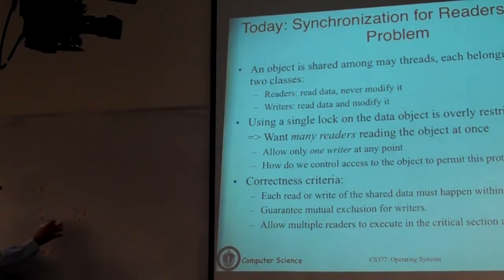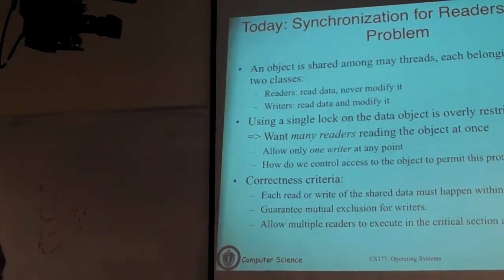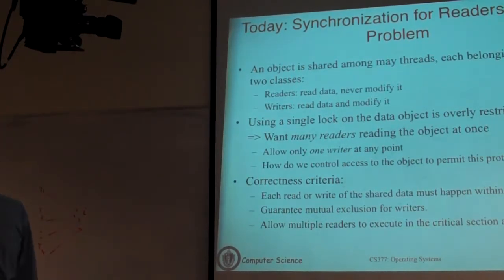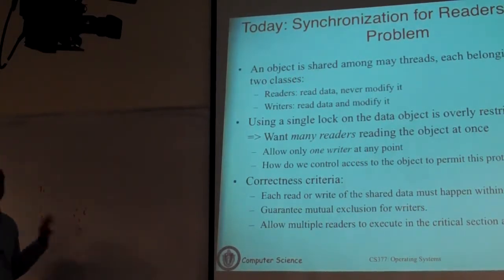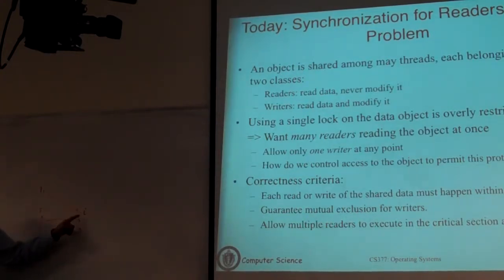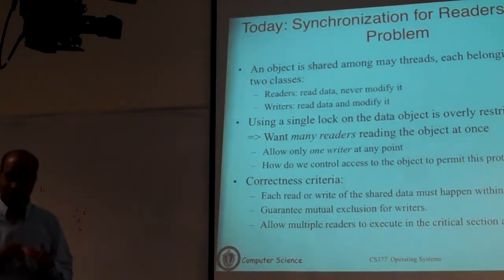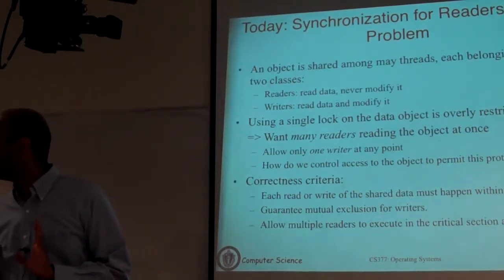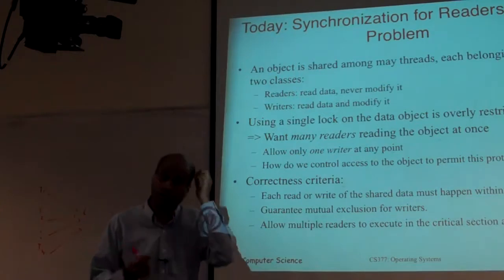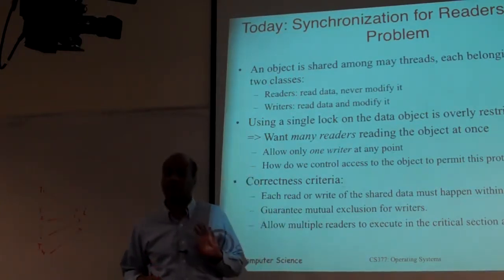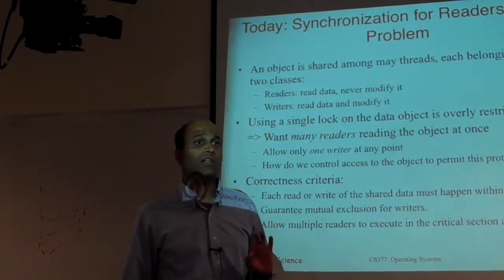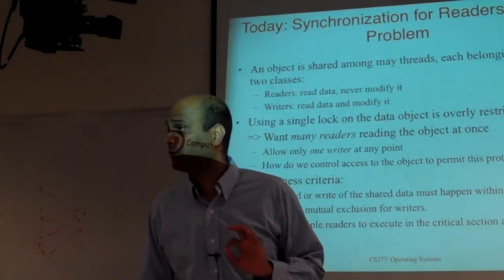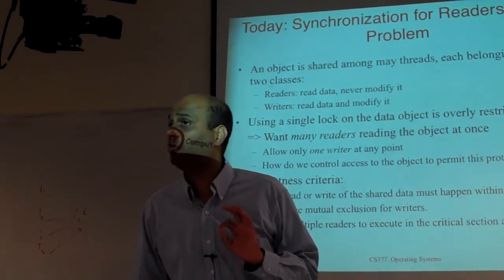So anytime any of these threads access it, you grab a lock, then you do whatever operation you want to do on this variable, read it, modify it, whatever you want to do with it, and then you release the lock. So all of these threads have to follow this principle that before they read or modify this variable, the shared data structure in this case, we are going to use a lock. Okay, so we know how to do that, how to just use a lock. Now the claim is that there are certain kinds of problems where a lock is too restrictive. It's overkill for what we are trying to do.